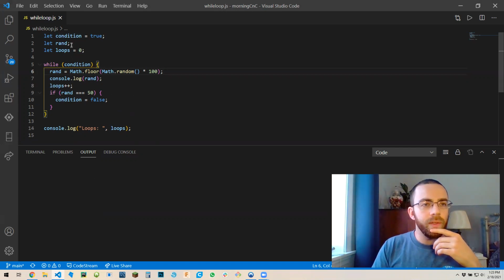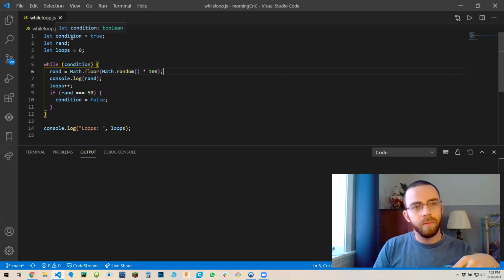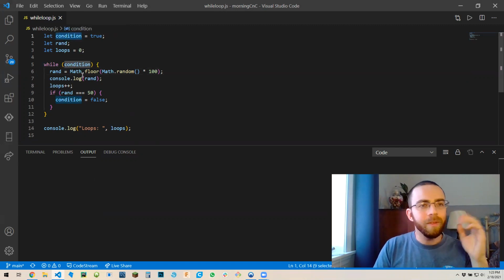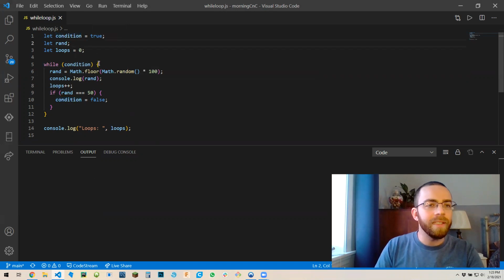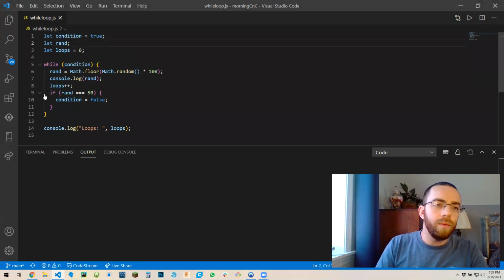For example, what we have here is let condition equal true. This is probably not the best name for the variable, but that's literally what it's asking for: a condition to be true in order to continue running. And we initialize rand, which we'll use later, and loops is just counting, so we know how many times this while loop ran. So what we have here, if we were to switch this to say,